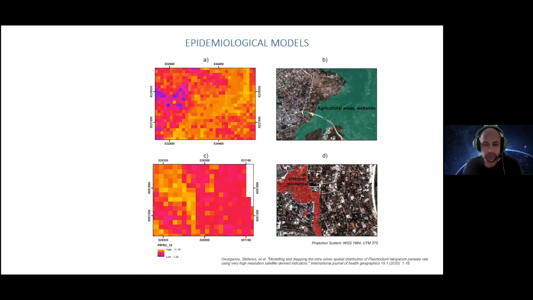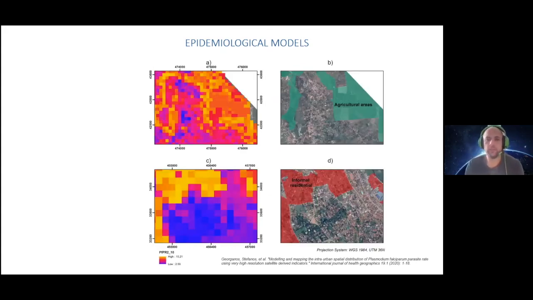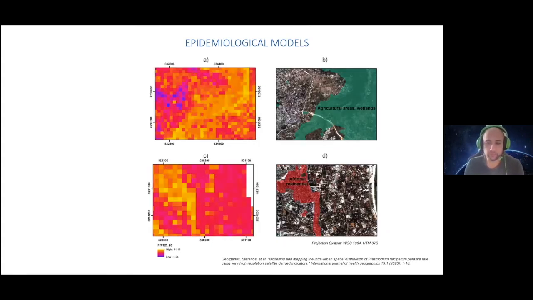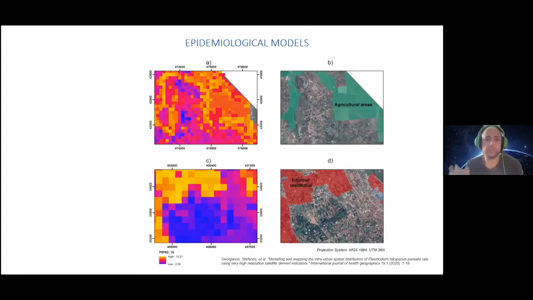There is a very intrinsic connection between what we see from space, from a satellite image, what we map, and its effect on epidemiological outcomes like the risk of malaria, which was quite fascinating to see, that it is possible to build models like that at that fine resolution. This is a grid of 100 meters resolution. And this is in Kampala. The previous was in Dar es Salaam in Tanzania. This is Kampala, Uganda. Again, the same thing.